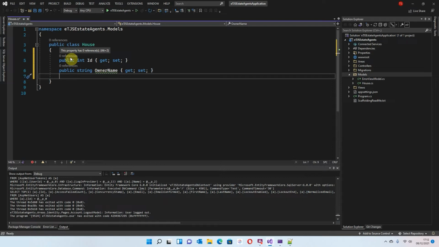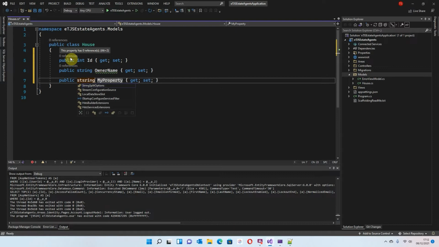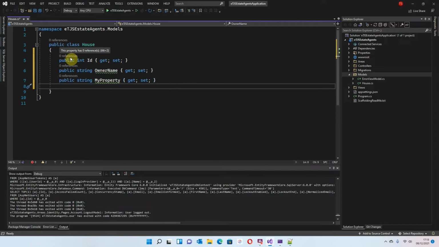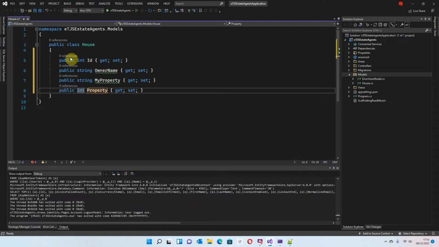I'm not going to go too much into this, so we're just going to go string, and we'll stick with my property on that one. That's the property name for the owner. The next one is going to be the value of the property. So that's going to be an integer, and I'm just going to call that property value. And I'm just going to leave it for those four. I mean, normally you would have things like postcode and stuff like that, but I'm not going to get into